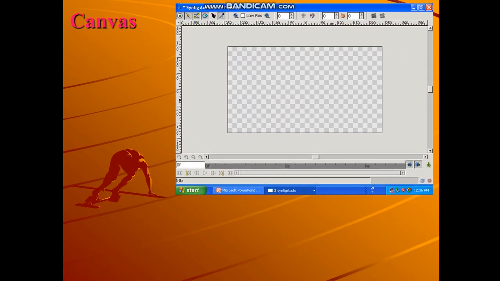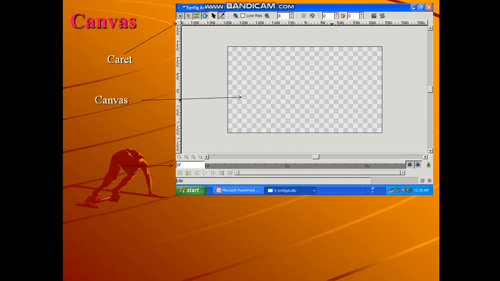Now we will see the canvas. This is the canvas window, and here this gray colored checkerboard is given. This is known as the canvas. At the upper left corner, it will show you a small button. That button is known as the caret button. Whenever you click on this caret button, it will show you a shortcut menu, and from the shortcut menu you can select any option. So all the options are available in this caret button.